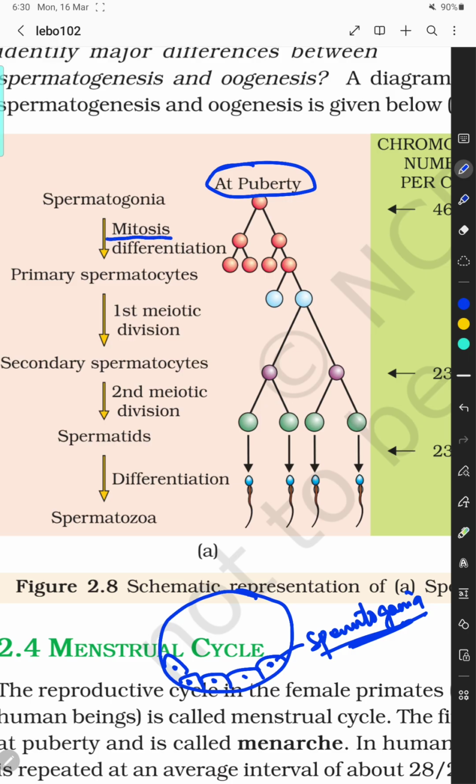Remember the ploidy of spermatogonia is 2n, or you can write 46, because this is the human body. So the spermatogonia undergoes mitosis and